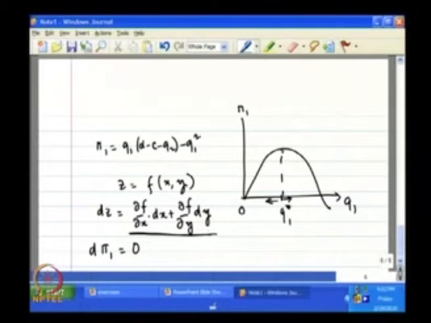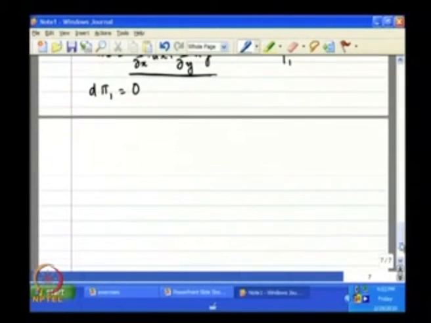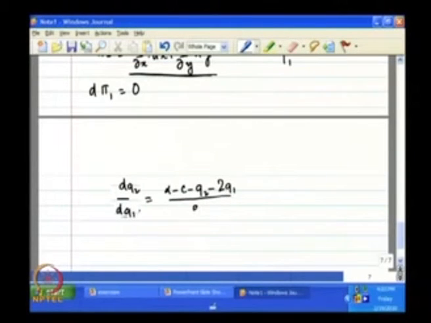Here instead of x I have a q1 and instead of y I have q2. So, if I apply that formula and do some derivation, what I get will be the following: dq2 divided by dq1 will be equal to alpha minus c divided by q1. And from this formula for slope of the isoprofit function of firm 1, we can immediately see